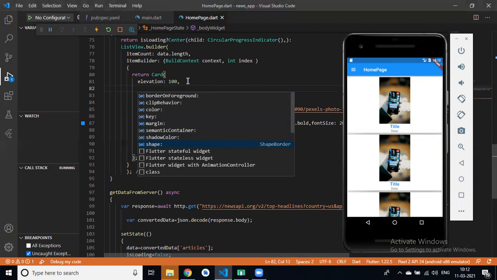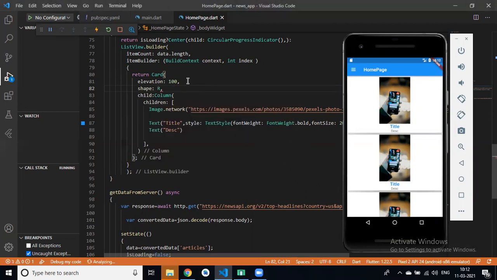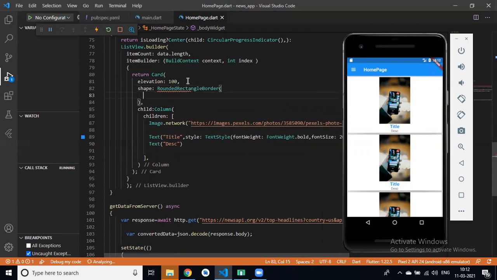So we have a shape widget. In the shape widget, we have a rounded rectangle border. In this, we can pass a border radius.